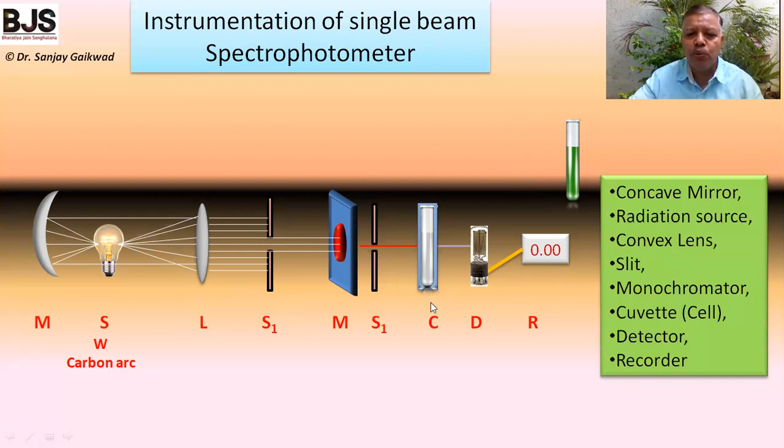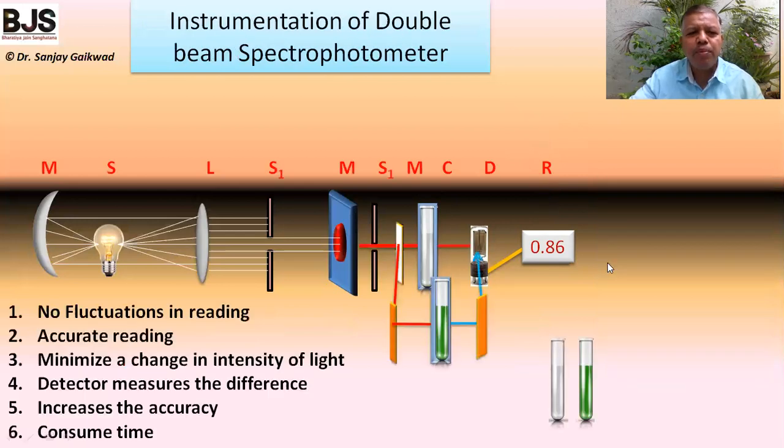When we replace this tube by the solution, an absorbance is observed in the recorder. Now this is the single beam spectrophotometer. We are not going into detail on each and every part of the instrument because it is given in the first part of the video. Now in the double beam spectrophotometer, the monochromatic light gets divided into two parts. One part is allowed to pass through the blank, and another part is allowed to pass through the sample solution, and therefore it gives the benefit for measuring the absorbance. We get the correct absorbance in the double beam spectrophotometer.